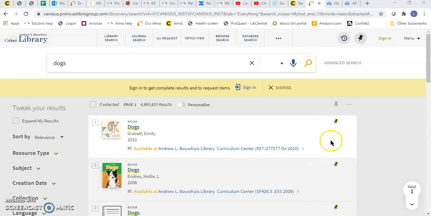So here we go. This is our search for dogs. Now you see up here you can sign in. You can sign in using your same email address and your username and password from your email or D2L. That will help because you can save these searches if you want, and it does make it a little easier,